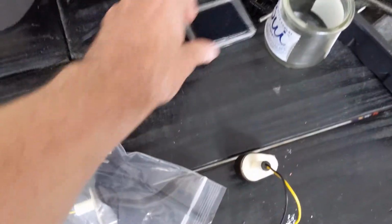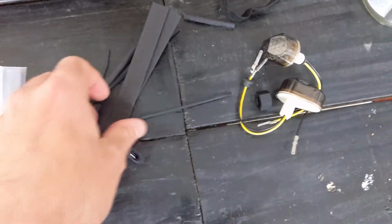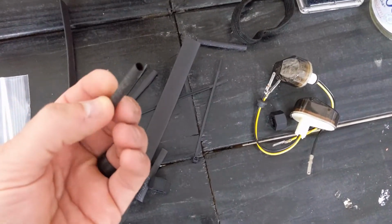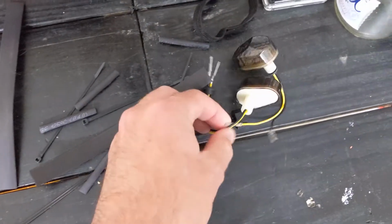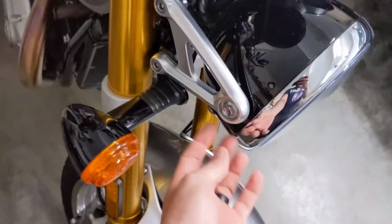And what I've got, move this stuff out of the way, is I've got the two LED lights. I've got some shrinkable tubing, different size shrinkable tubing, and then the plastic nuts that go on the back of the lights themselves. So the first thing to do here is to take off my headlight and take a look